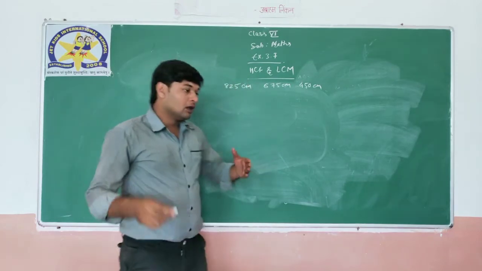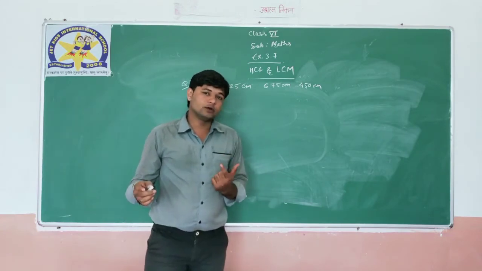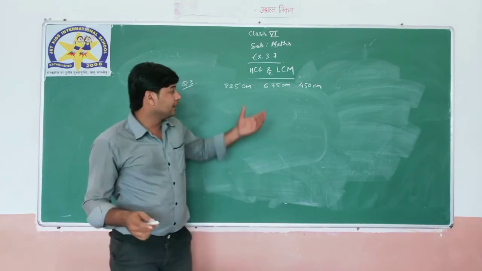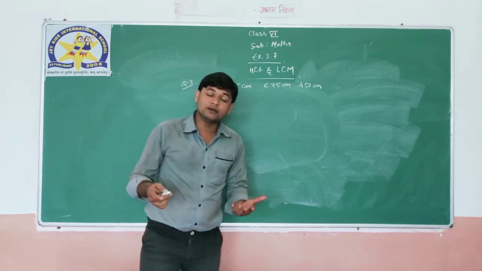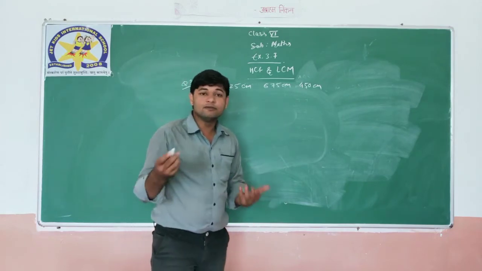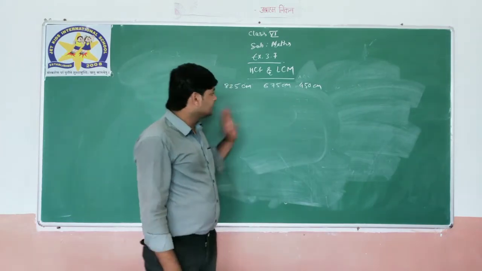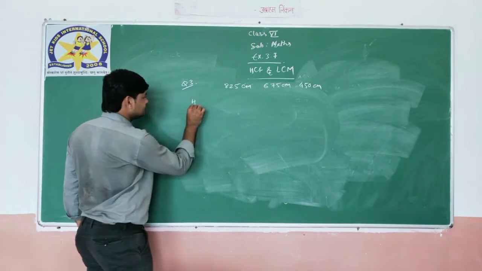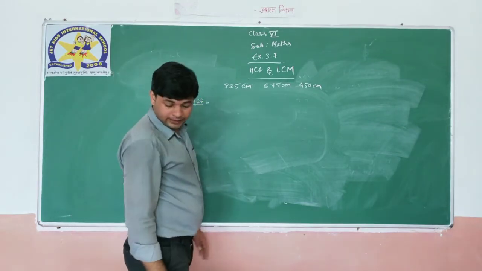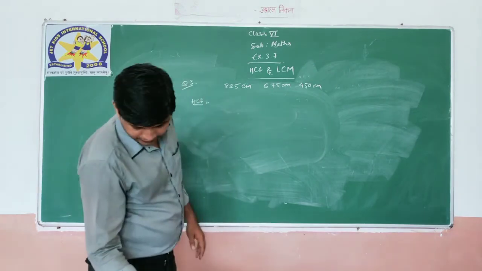Okay, longest step, longest is given over there. Longest means highest common factor we need to find out, and simply we need to find out the length of the tape. The tape will be smaller, you know very well. Smaller things will be factors. Okay, so HCF we need to find out over here. Clear? HCF we have to find.